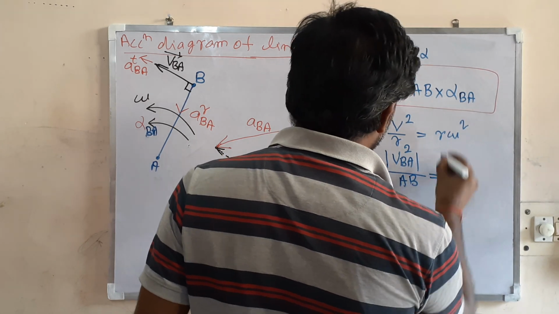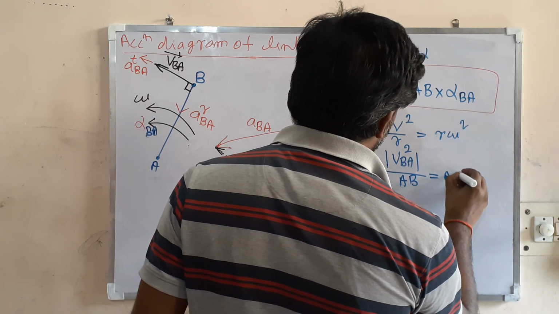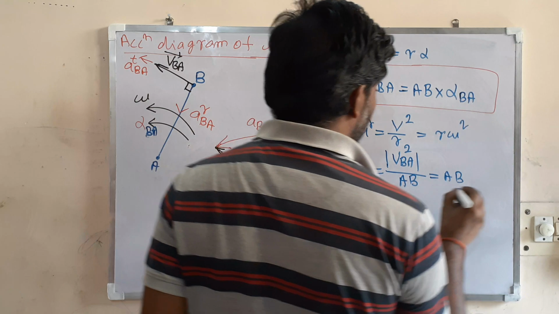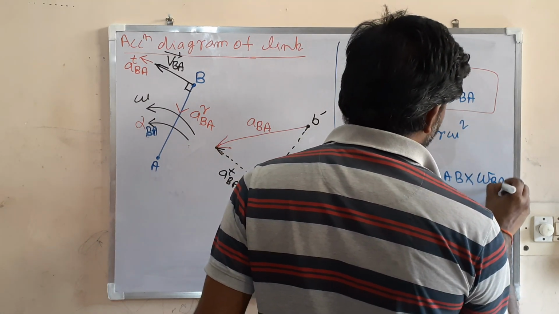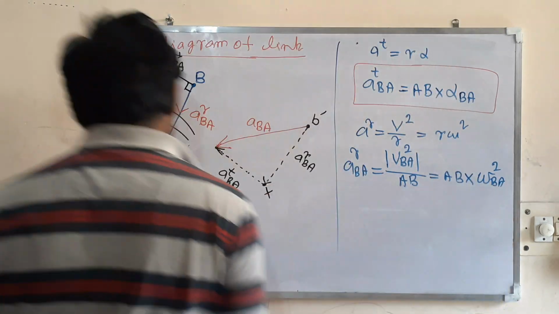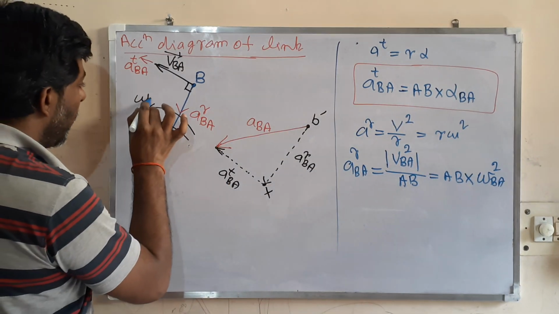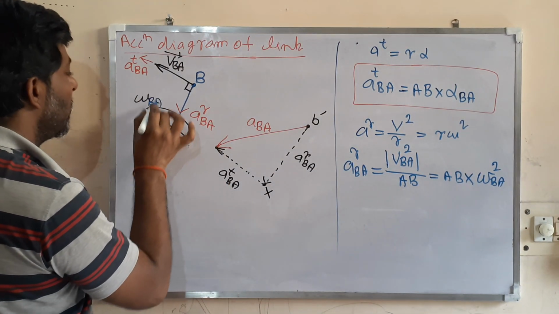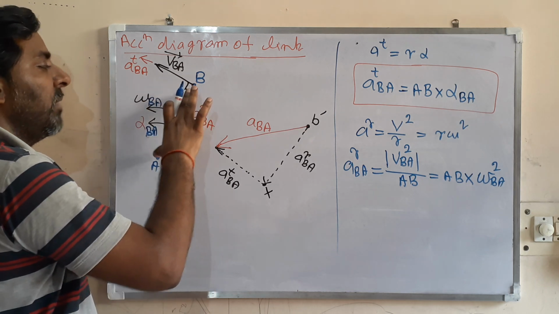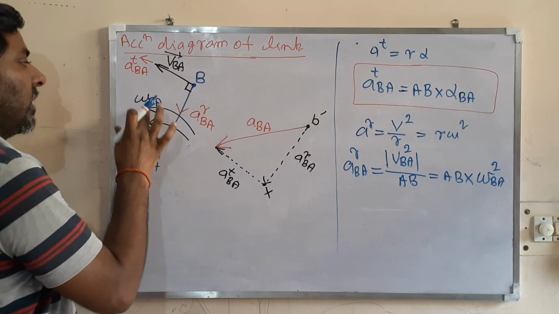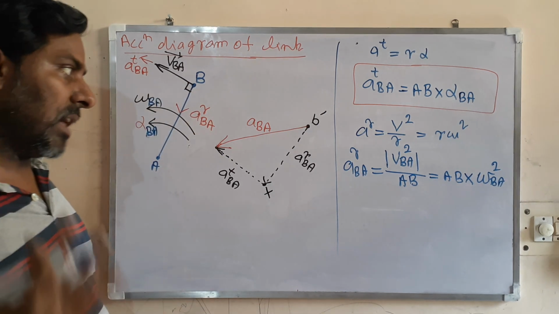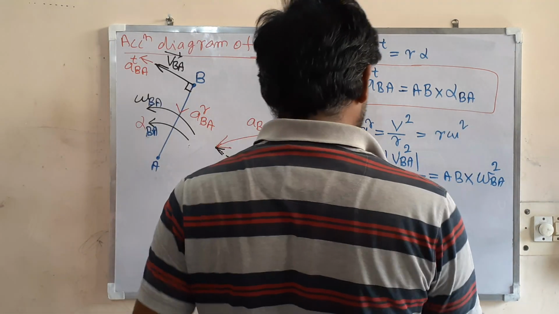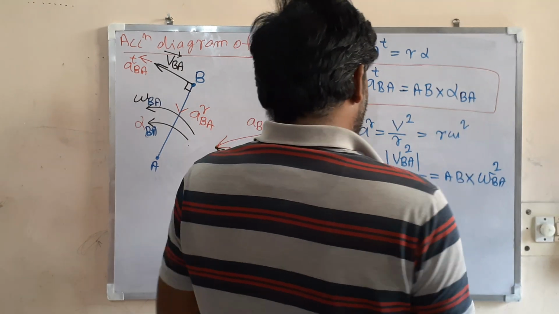And the other formula is AB, the length of the link, into omega of B with respect to A squared. This omega can be written as the angular velocity of the link AB, that is omega B, or simply omega. This is the other formula